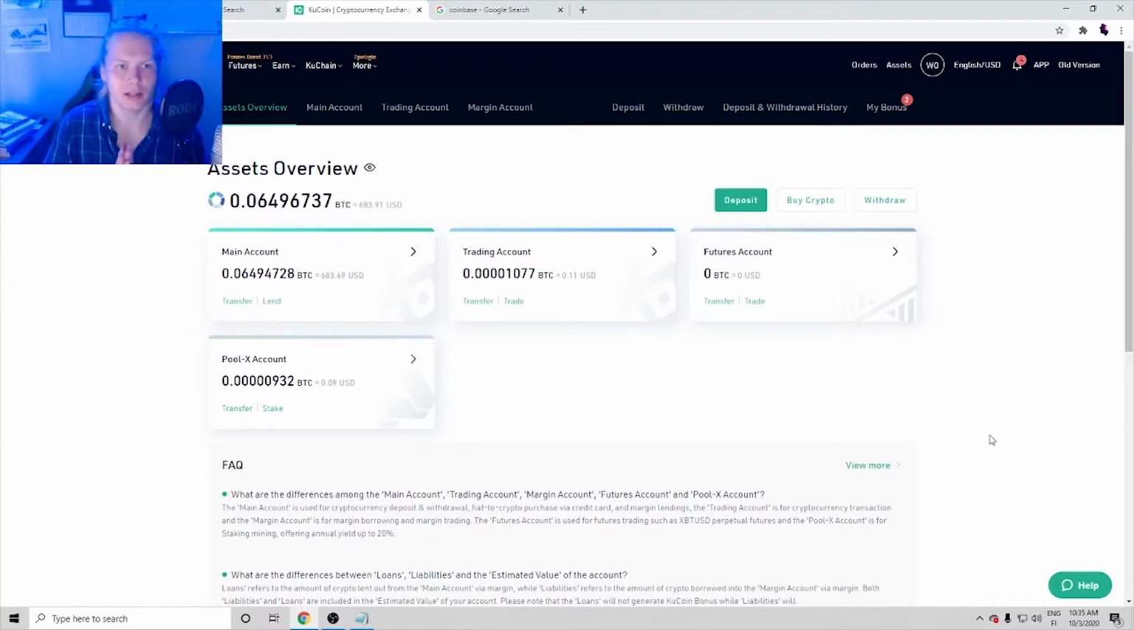After you have created and logged in to your KuCoin account, this is the first page that you will see. This is an asset overview. As you can see, I'm currently holding some cryptocurrencies on my KuCoin account. Now we're going to go through step by step how to use KuCoin. So let's go. When you click here, markets,